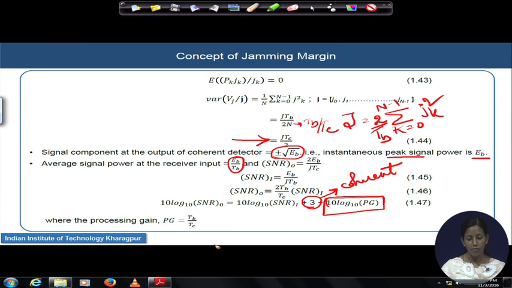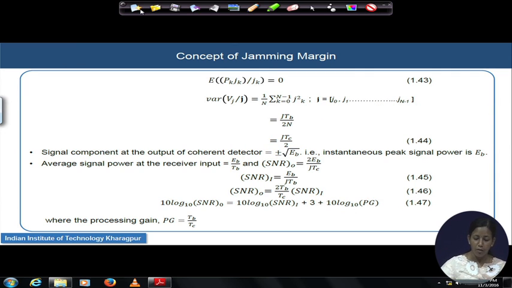That is why we were continuously saying that at the output of the coherent detector, you will have a higher value of the signal to noise power compared to the input SNR value, and this extra value is contributed by the processing gain that comes from the transmitter. Because of this gain,